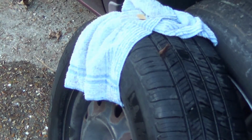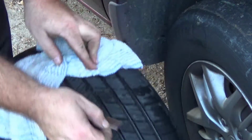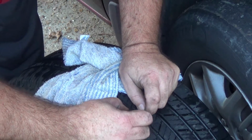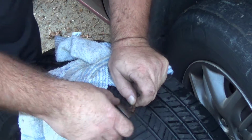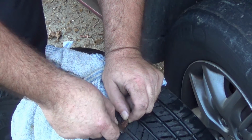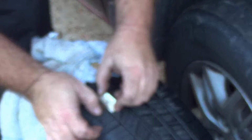And believe it or not, we are just about done here. All that's left is take a razor blade and trim off this excess. And I know what you're thinking, what kind of a patch is that? But this is exactly what they do at a service station or a tire repair shop. The materials only cost a couple of pennies, and believe it or not, it will hold if done right for the duration of the tire's life. I don't think I've ever had a plug come out or give me problems. Now, I'm not personally guaranteeing that you won't be the first, but